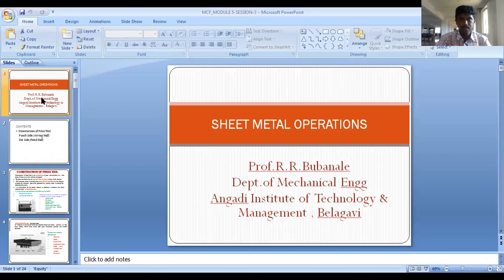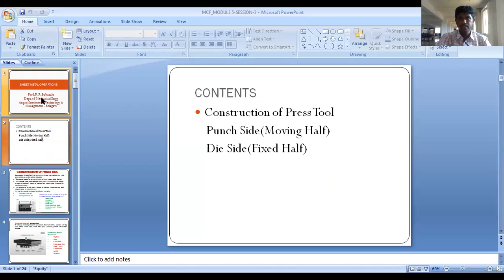So first, in the construction of press tool, we are having two sides. It is punch side and die side. Punch side is called the moving half, and die side is called the fixed half. Okay.